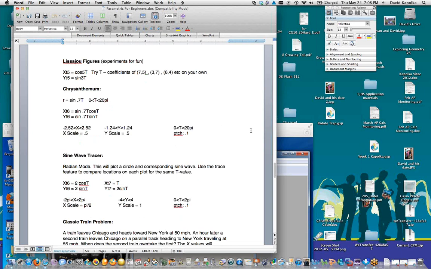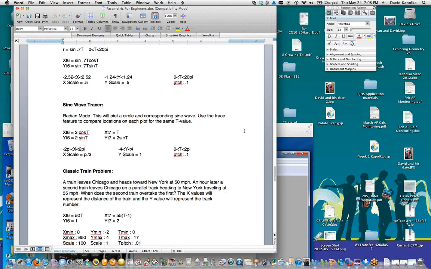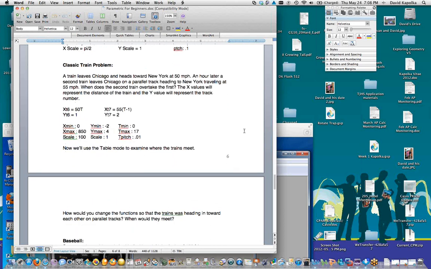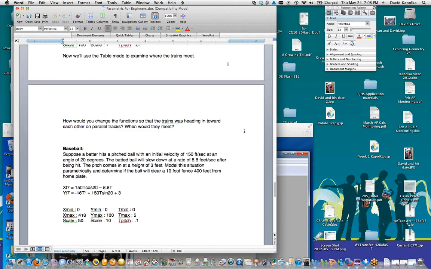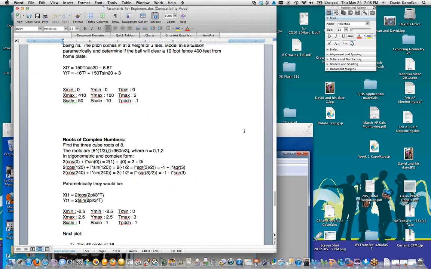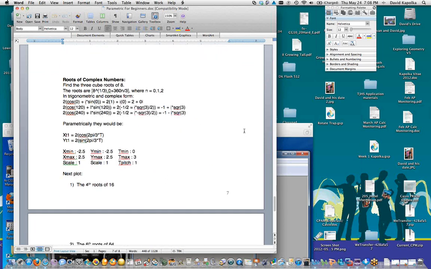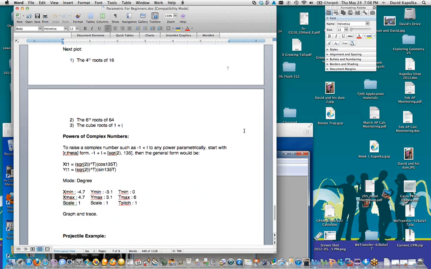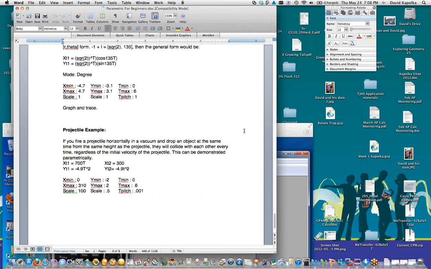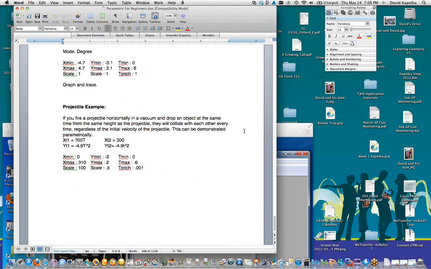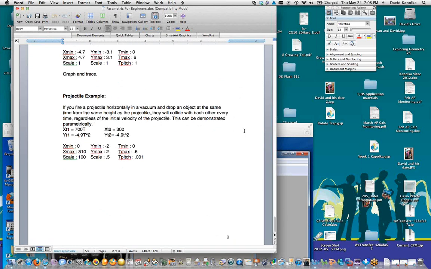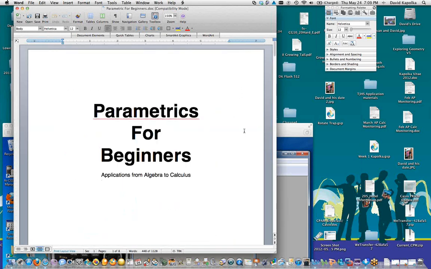An interesting plot of what appears to be a chrysanthemum, sine wave tracer, a classic train problem which will model some motion, a projectile problem, which a baseball flying through the air. We'll talk about roots of complex numbers, powers of complex numbers, and lastly another projectile example. So that's the handout, and I'm going to set that aside